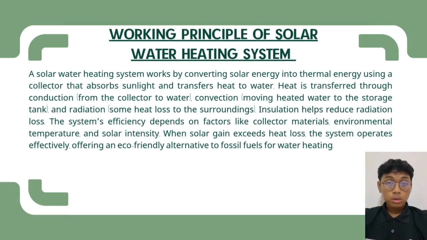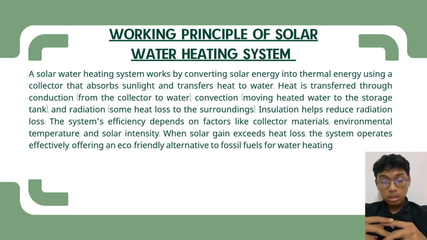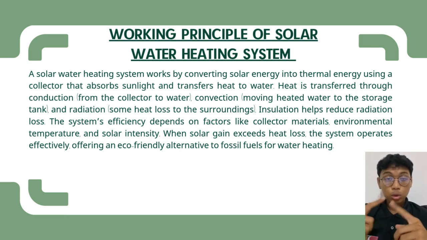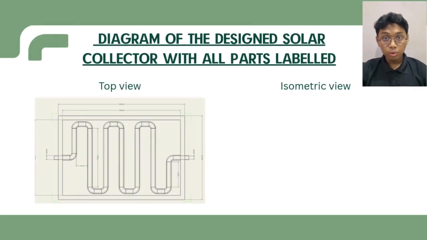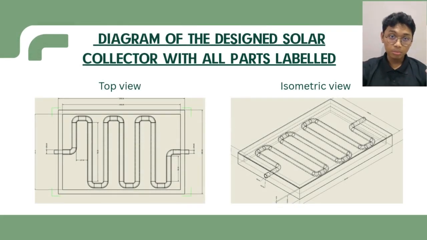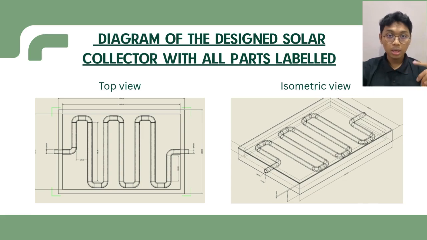So the fourth slide, the working principle involves, one, solar radiation absorbed by the collector. Second, conduction transfers heat to the water. And third, convection moves heat from the water to the tank, and minimizing radiation loss via insulation ensures solar gain exceeds heat loss for optimal efficiency. So in the top view, you see the serpentine tube layout maximizing surface contact between absorber